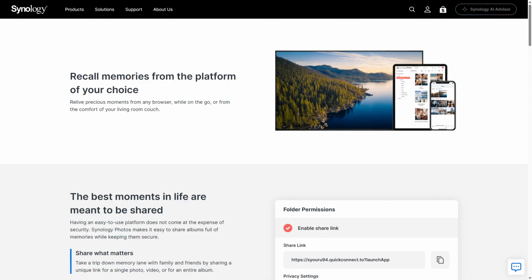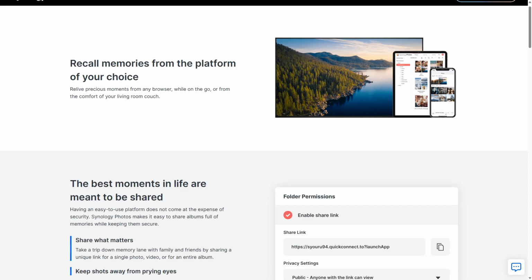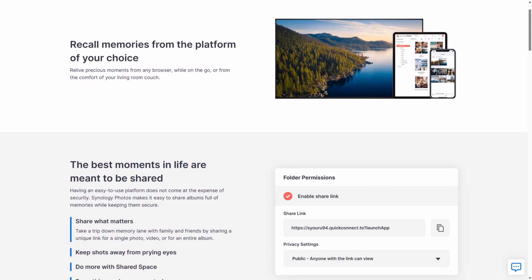If you're tired of losing precious memories to accidental deletions and want a reliable way to back up your photos, Synology Photos might be on your radar. But is it really the best NAS photo backup app out there? Let's find out. Synology Photos is designed to streamline your photo management and backup process, particularly if you're using a